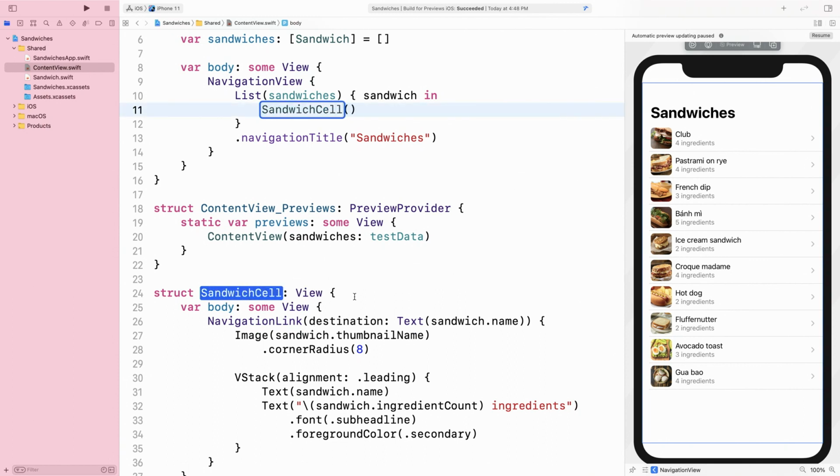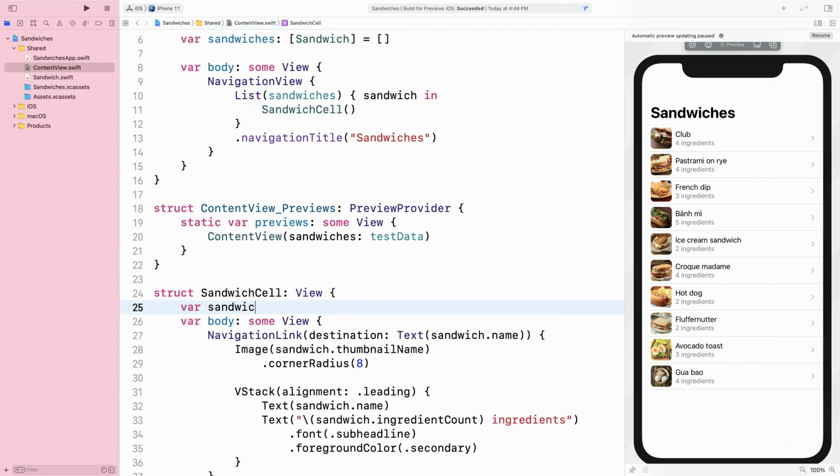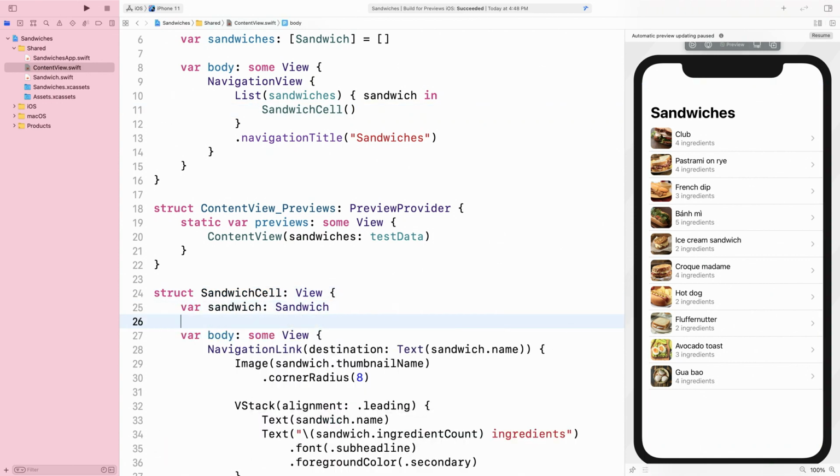Then I'll just add a property for the sandwich and pass that sandwich in. This is a fantastic workflow improvement. And with SwiftUI, views are very lightweight, so you don't have to worry about creating extra views to better encapsulate